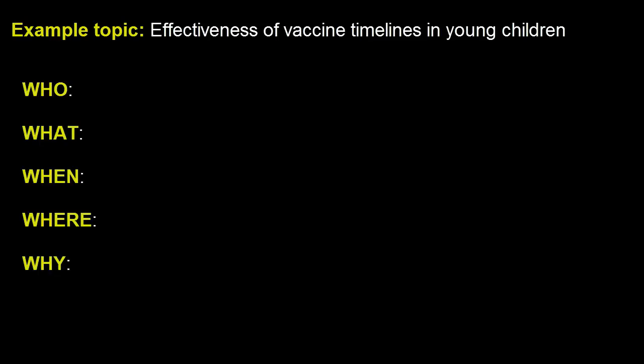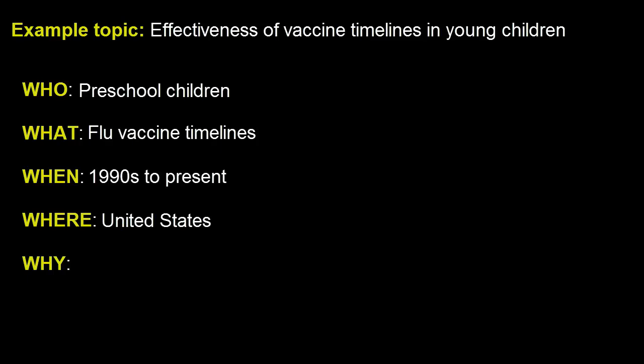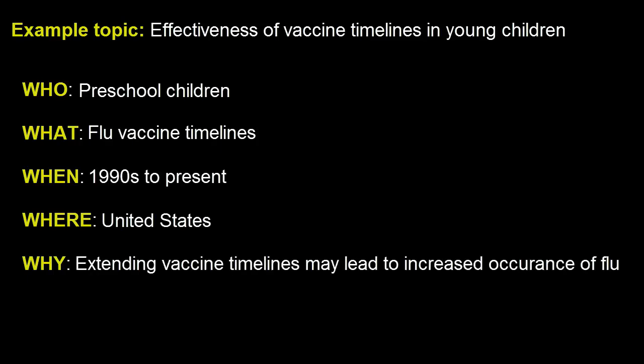We want to research the effectiveness of vaccine timelines in young children. We can use the 5 Ws to specify the scope of our investigation. We want to investigate flu vaccine timelines for U.S. preschool children using the last 20 years of data, because extending the vaccine timeline for young children may lead to